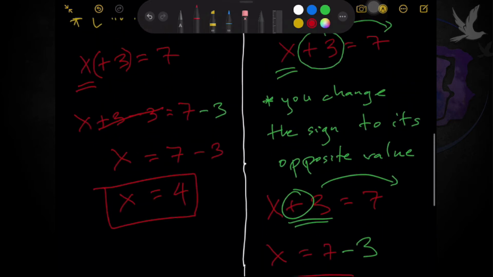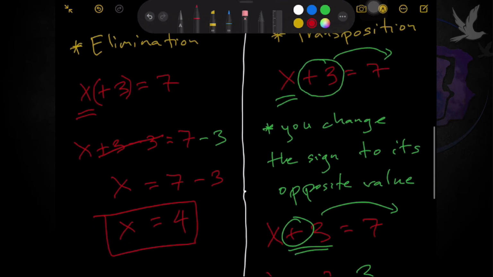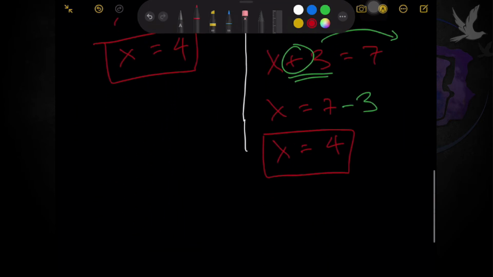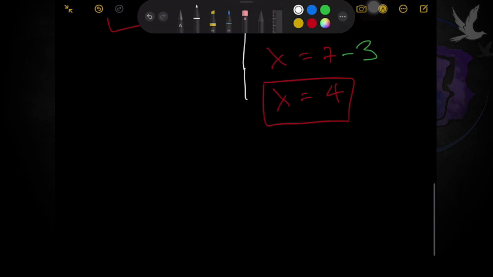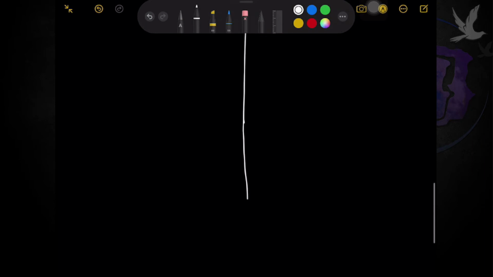Okay? So, kung makikita nyo, transposition is the shortcut. Elimination process basically shows us why or how it became negative or minus 3. Okay? Kasi nga, with the simple rule as what you do in one side of the equation, you should also do it on the other side of the equation. Okay? So, more examples tayo. Extend ko lang yung line. Just to show